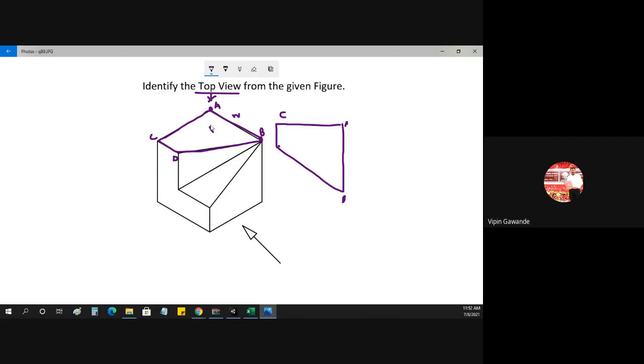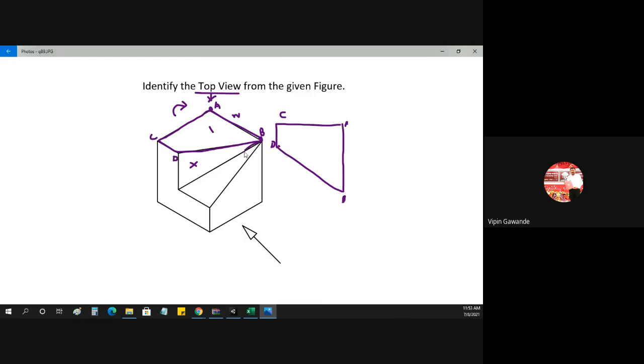The horizontal surface, you just rotate in the direction of the arrow. When you rotate it, AB becomes vertical. Then AC is this one. Then CD becomes vertical. This is C and D. CD becomes vertical, and then DB. So this is DB. So one horizontal surface is visible. Now this is not visible because this is a vertical surface.